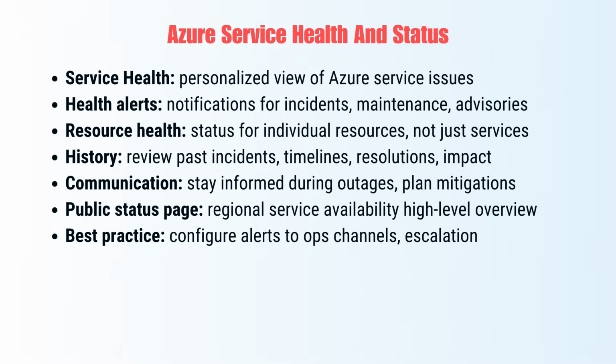Knowing when something is wrong, whether globally in Azure or locally in your subscription, is critical. This is where Azure Service Health comes in. Service Health gives you a personalized view of Azure service issues that affect your resources. It tracks three main types of events: service issues, problems in Azure services, like outages or degradations in a particular region; planned maintenance, upcoming changes that might affect availability or performance; health advisories, information about changes, deprecations, or actions you